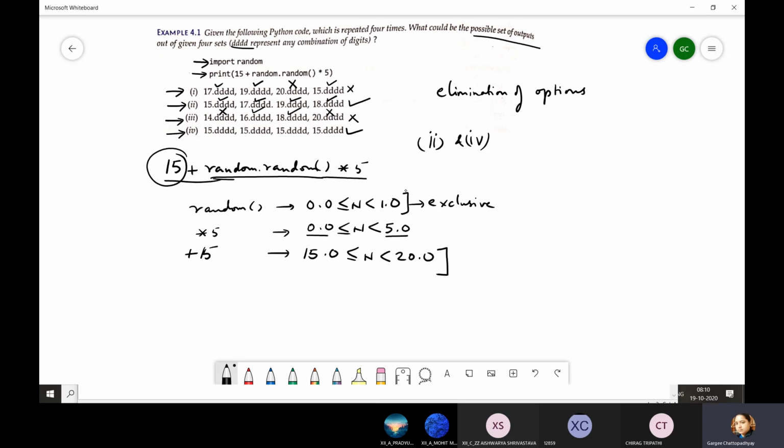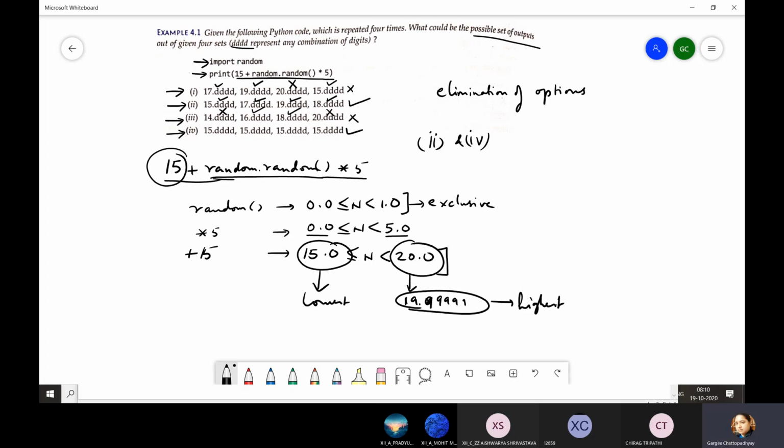And what is the lowest value for this expression? The lowest value is 15.0 and the highest value will not be 20.0, it will be 19.x. Now x represents any place after the decimal point. That means it should be something like 19.999. That will be your highest value.